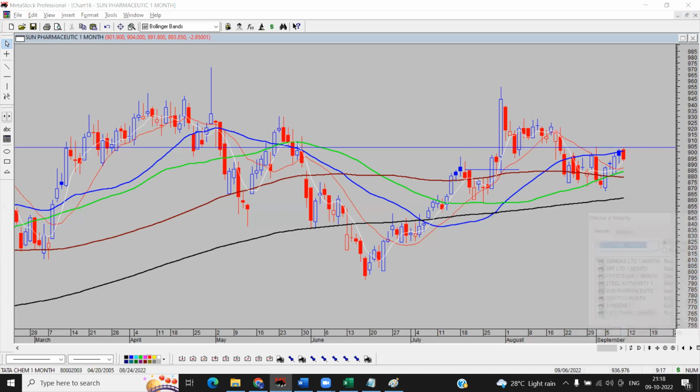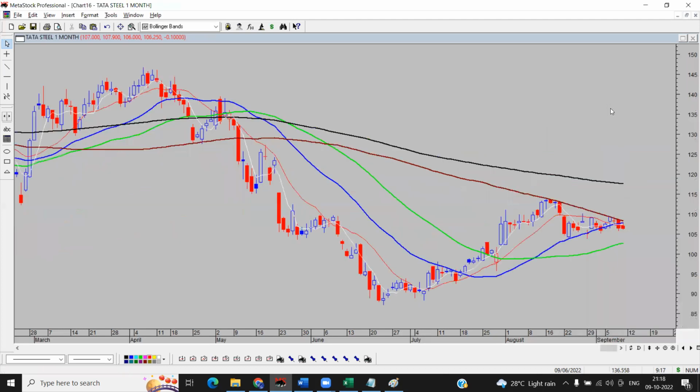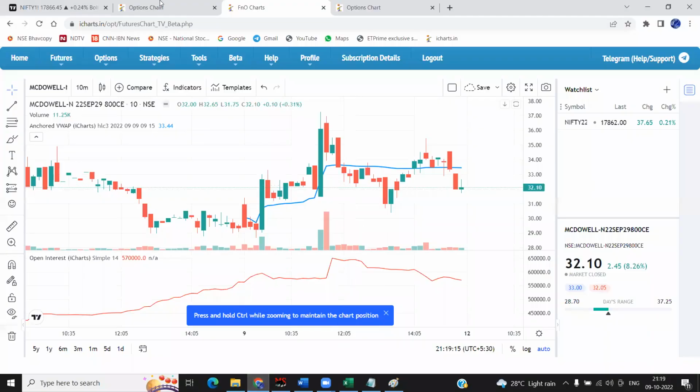Like in Tata Steel, I showed you this fall, right? This was a bullish candle. It opened below the low, then the downside came up, a strong downside came up. Got it? This is a signal which you have to keep in mind. But just to keep yourself neutral, I told you this one.